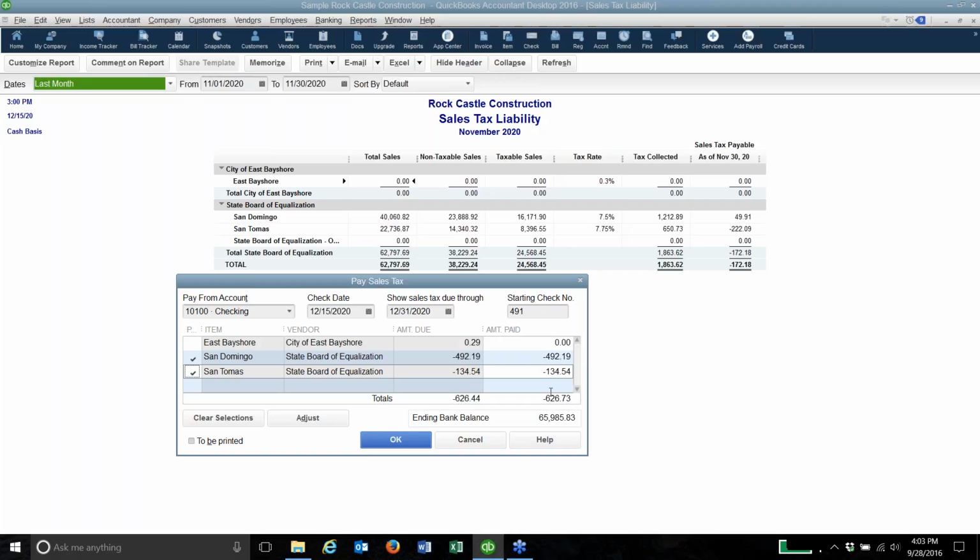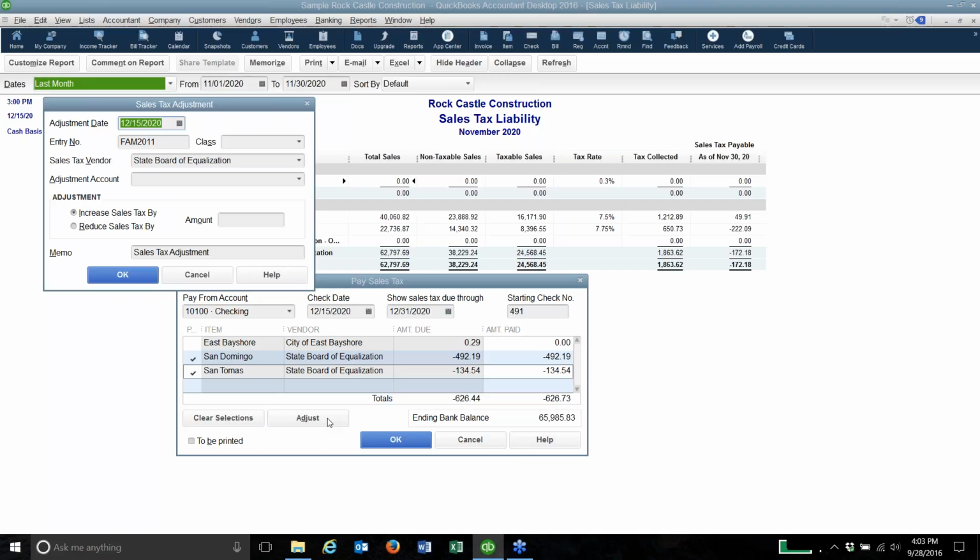The second reason is because the amount that you have here does not ever include the B&O, business and occupation tax, which is a tax on gross revenue, which is not charged to the customer, but which you must pay to Department of Revenue. So you can go and make a sales tax adjustment